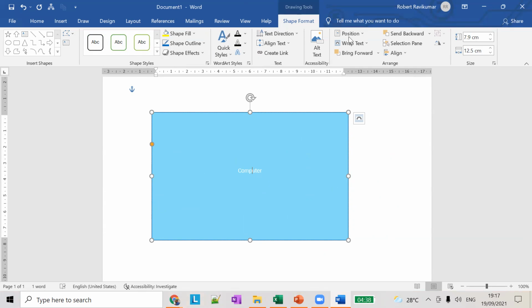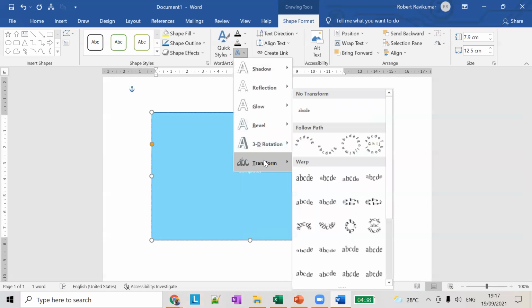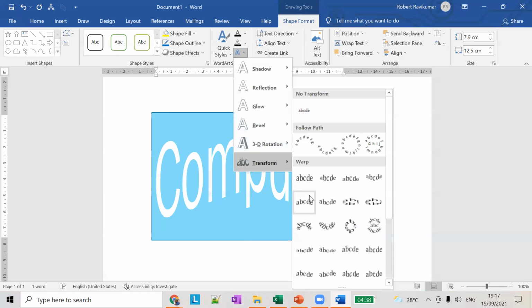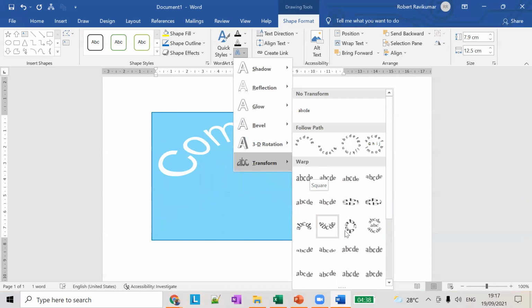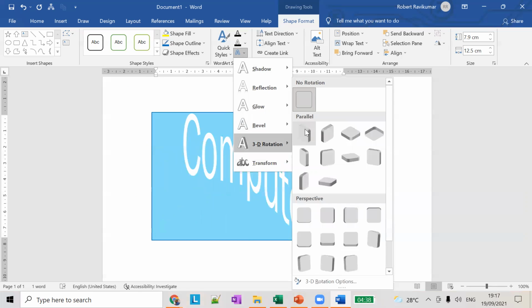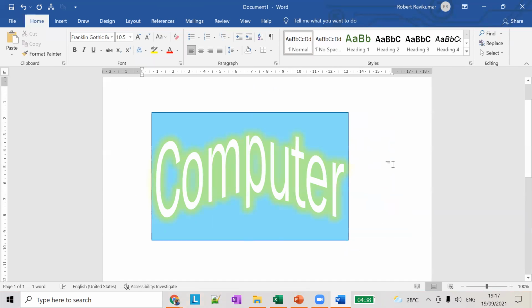Inside the picture I've written something and I've changed the word art. What we have done is given a transformation here. We can choose different transformations for the particular word in the picture. You can choose any one of these, or something like this. There are a lot of different options available. This is one useful option that you can add to the particular picture.